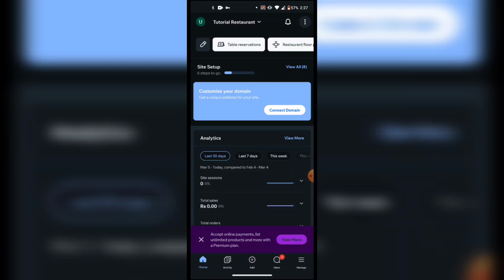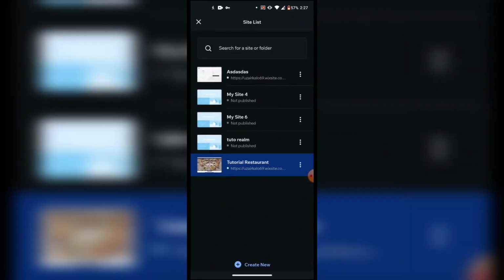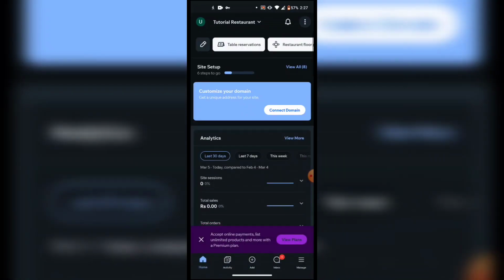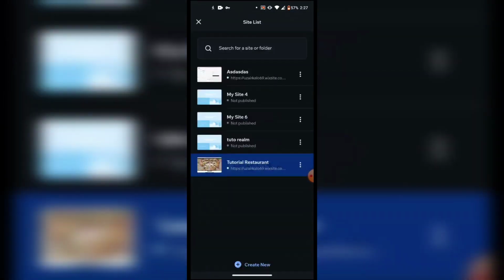It's pretty straightforward. So once you have created an account on Wix application, you just have to click on the drop down menu in the top right corner. If you have a new account, you will be automatically redirected to create a new website. So if you already have a few websites, you just have to click on this drop down menu at the top of your screen, and then just click on create new at the bottom of your screen,